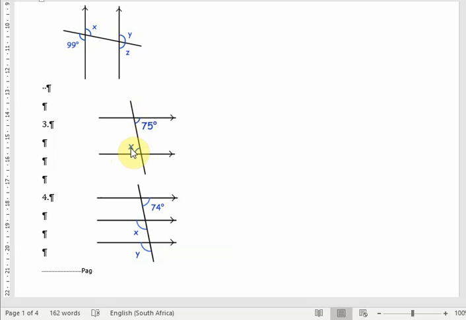So if that's 75, x is also 75. For question 4, if that angle is 74, then we can't directly determine x. We need to first calculate that angle, this one, next to x. So those two angles